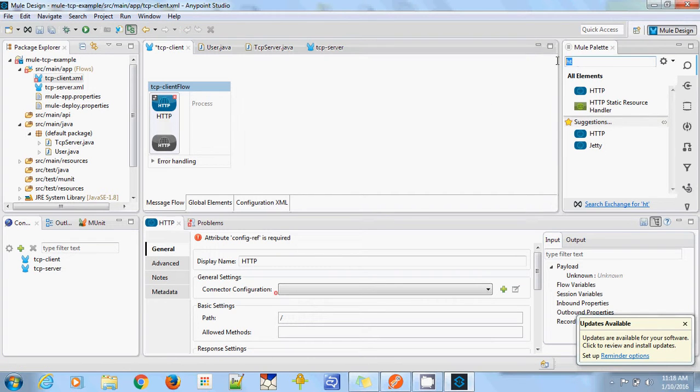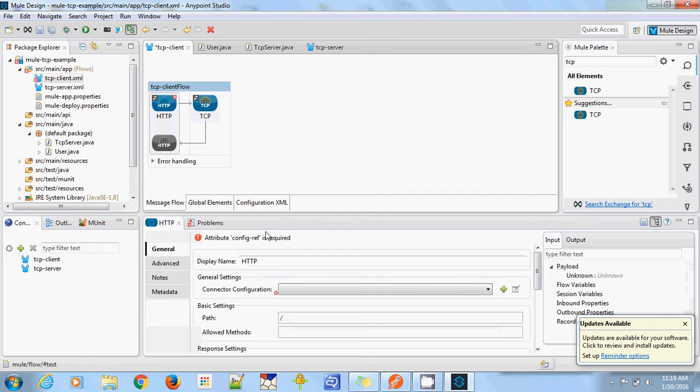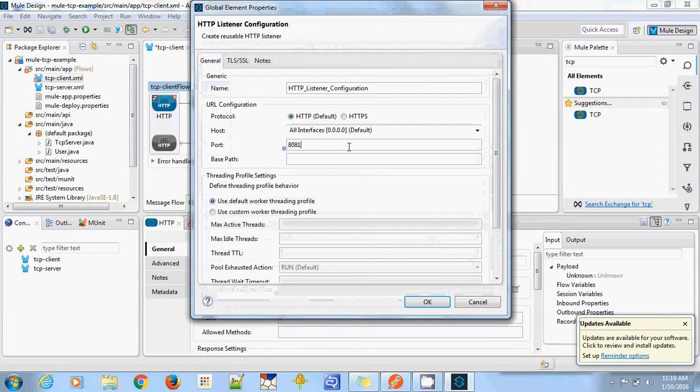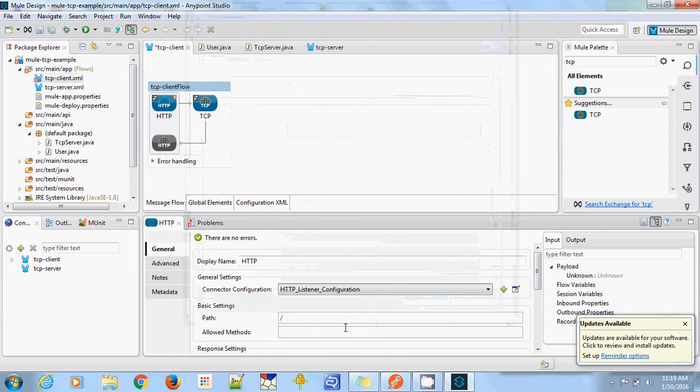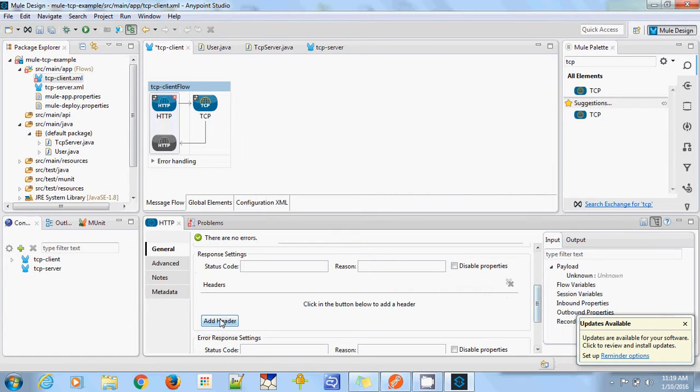Here, TCP outbound. I am giving the HTTP port 8086 and path equal to slash, and I am passing the header